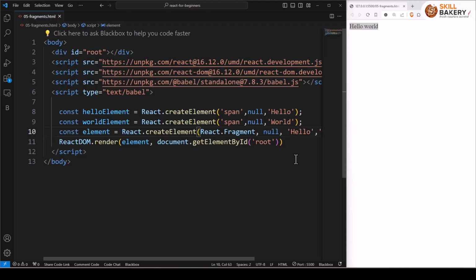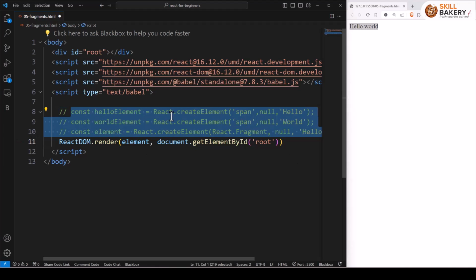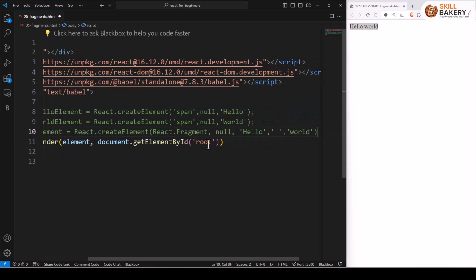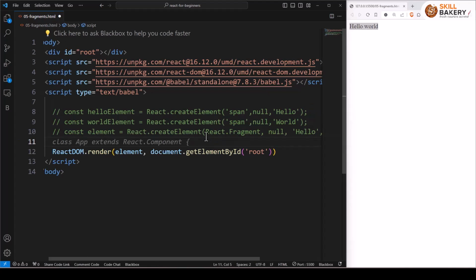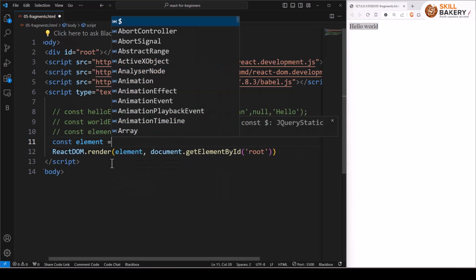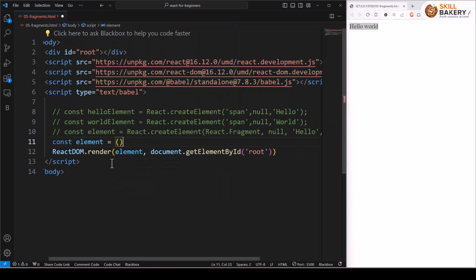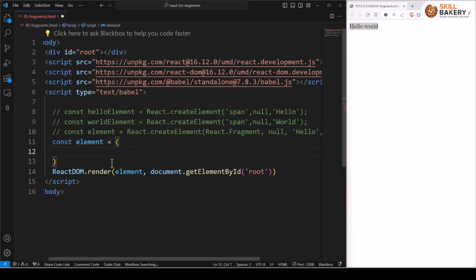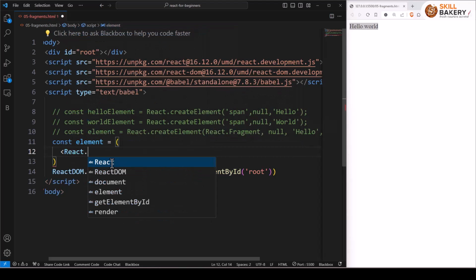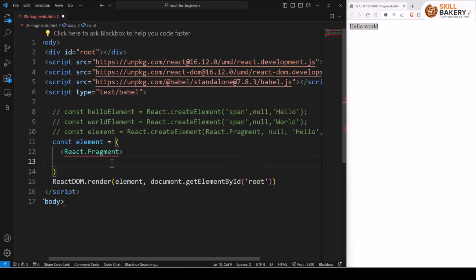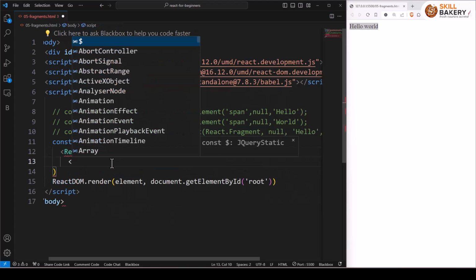JSX format. So to do that, let's comment out these three lines, and let's see how we can do this using JSX syntax. To do this, we'll be making use of React.Fragment. So we'll say const, and here we'll have our element equals, then we'll have our bracket. Within this, we'll make use of React.Fragment, and within this tag, we will have our span tags, let's say,